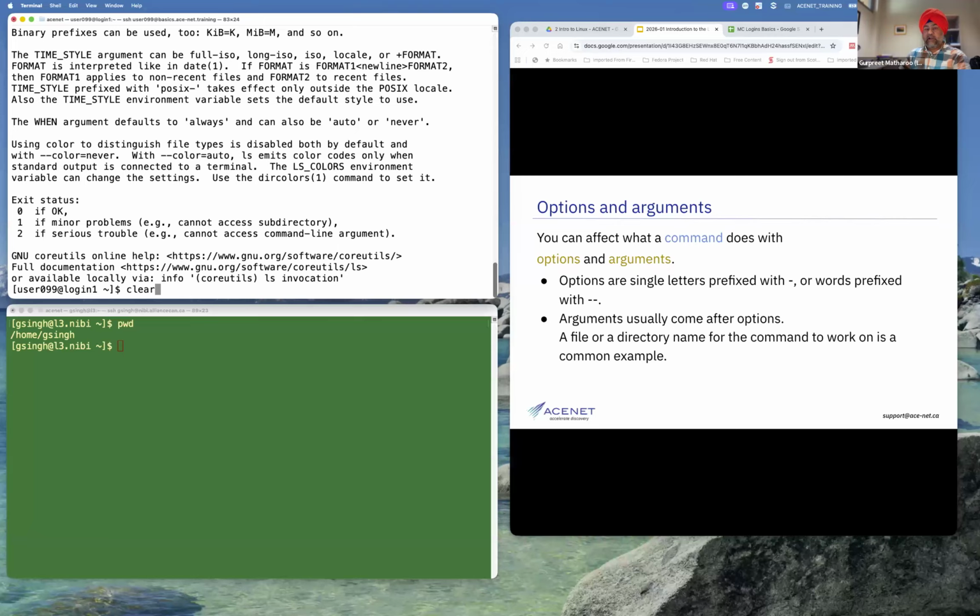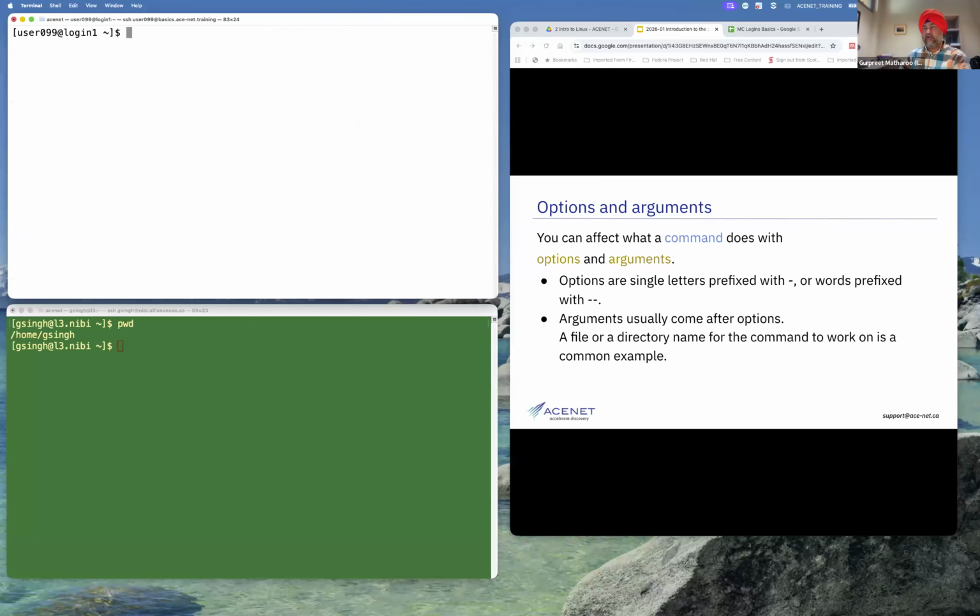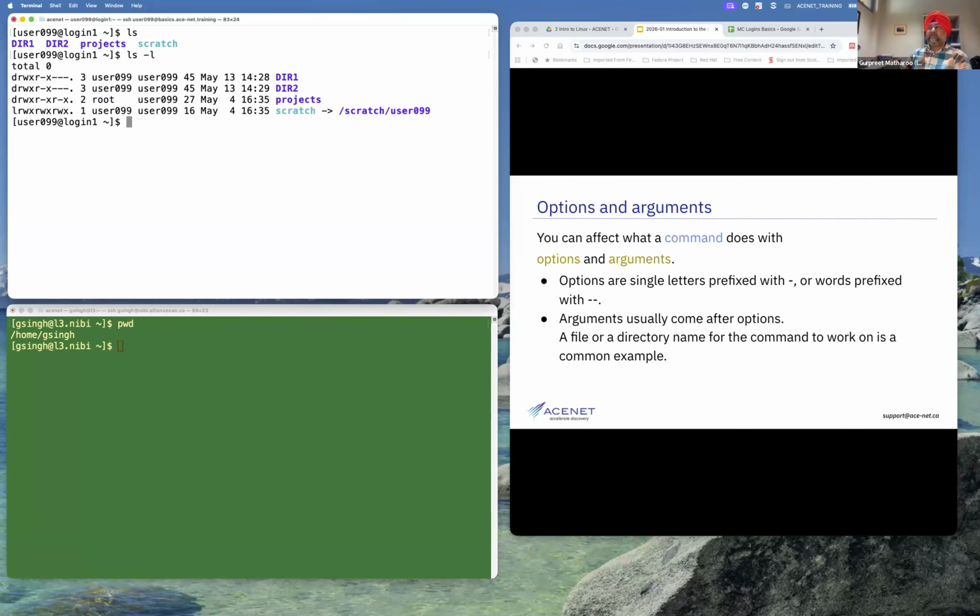And one other command that I tend to use more often is this one. If I type clear and press enter, it's going to clear my screen. Let me do that once again. ls will list down the contents of the directory where exactly you are. ls minus l will display the same contents in the long format.